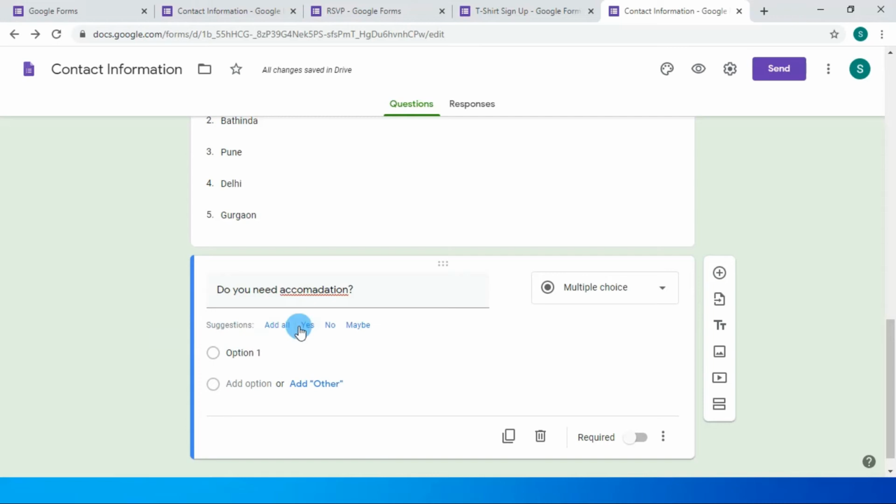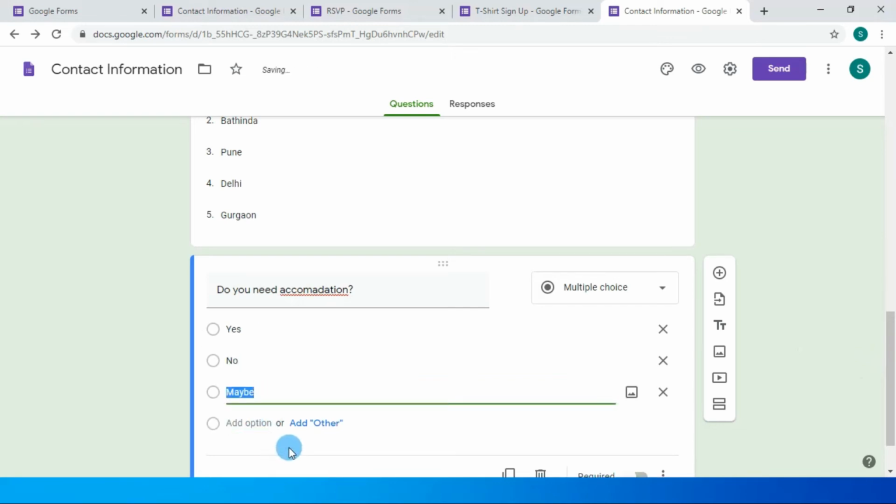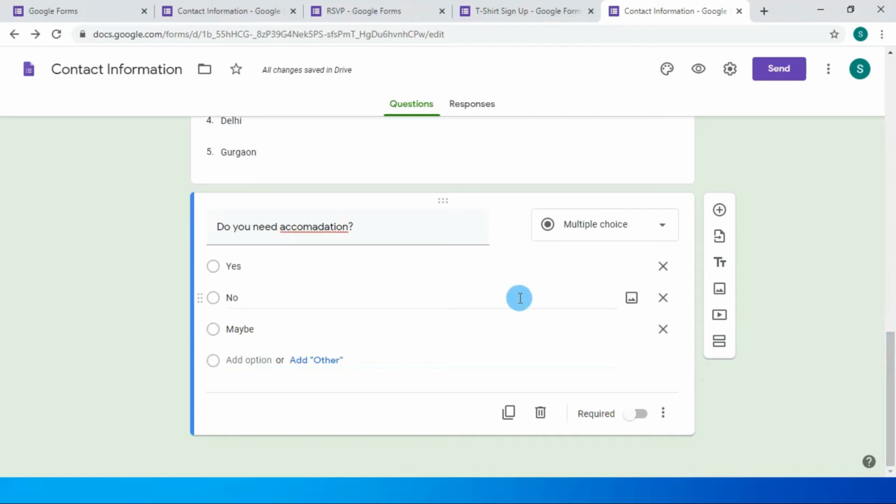We can add these three options by pressing the add all button, or we can manually add one by one, like yes, no, and the third one is maybe. So you can see that it automatically comes as Google is suggesting these options by default.